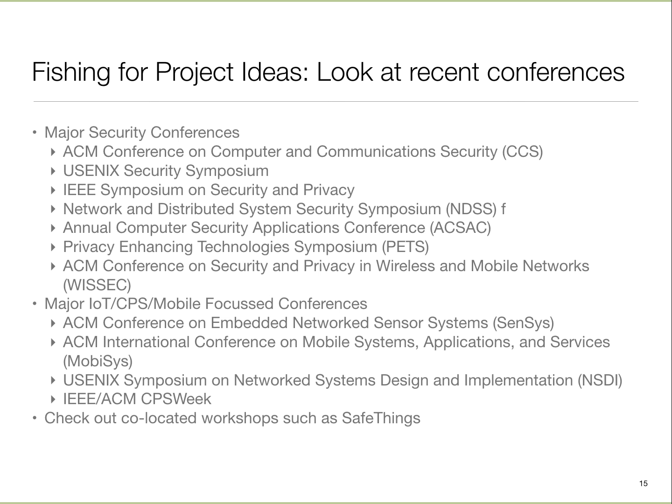If you go to these websites, for example, the number 3, IEEE Symposium on Security and Privacy, is often referred to as Oakland S&P because it always takes place in Oakland. It takes place in the April or May time frame, so the next one is upcoming, but the papers are already out, or you can look at last year's. They have many workshops, and one of them is called SafeThings, which is really about safe Internet of Things.